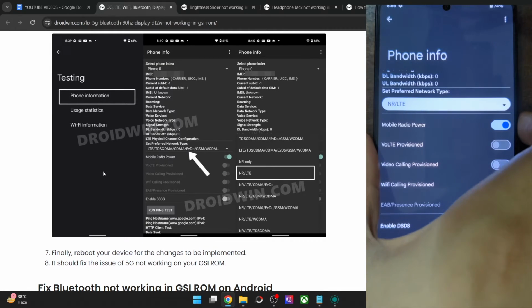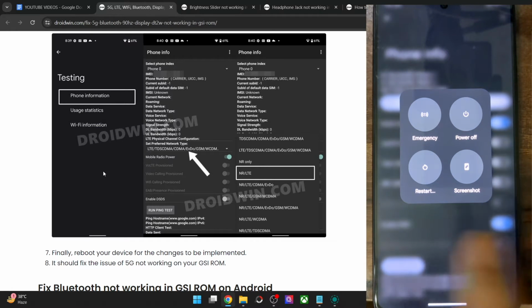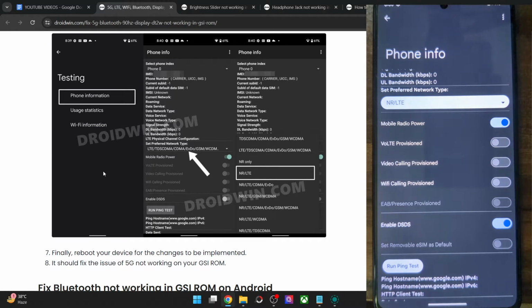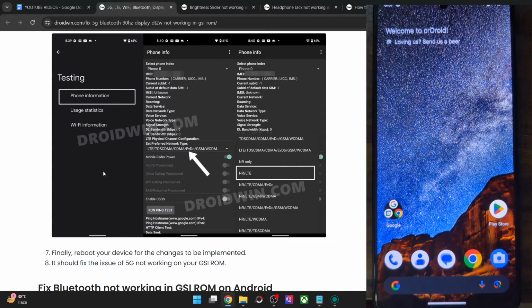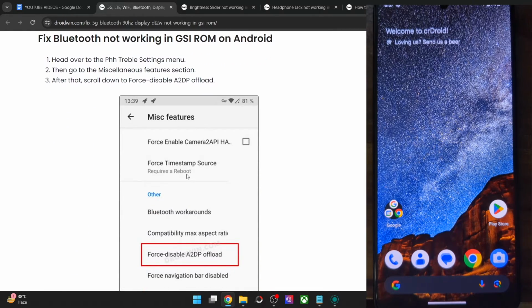You will also have to do a restart once again, so long press the power key and choose restart system, and after the restart the 5G and the 4G should now work on your phone without any issue. Currently there is no SIM in my case, that is why you are not seeing any network, but you should now be able to use the 5G and 4G on your SIM without any concern whatsoever.